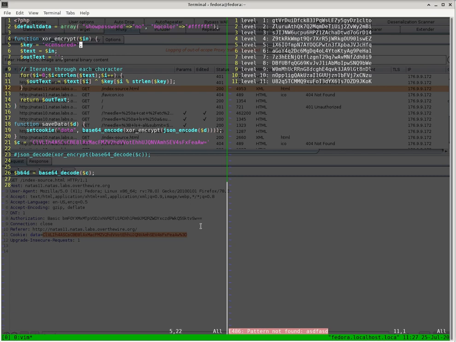The default data is the input to the XOR encrypt, right? Whatever we encoded that data to be is what was passed into our XOR encrypt. So input XOR equals JSON encode